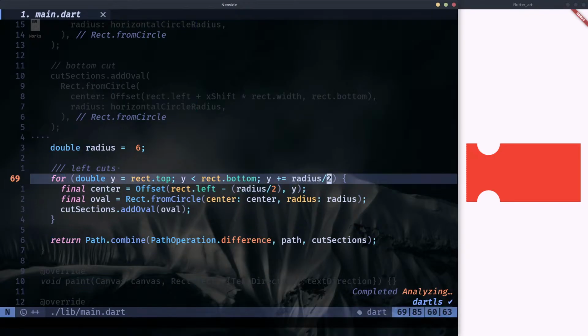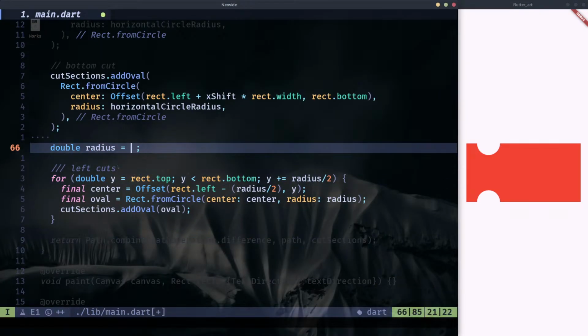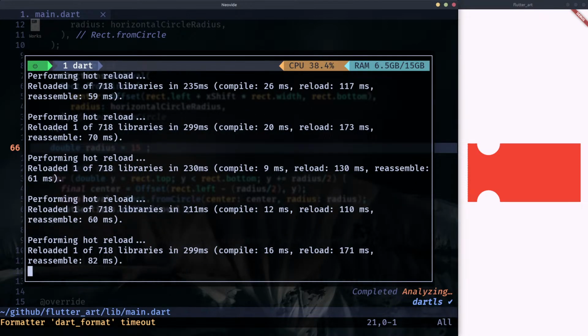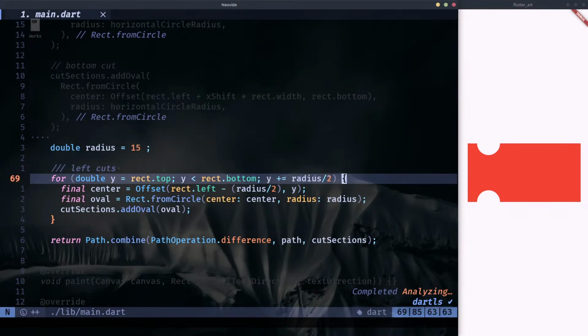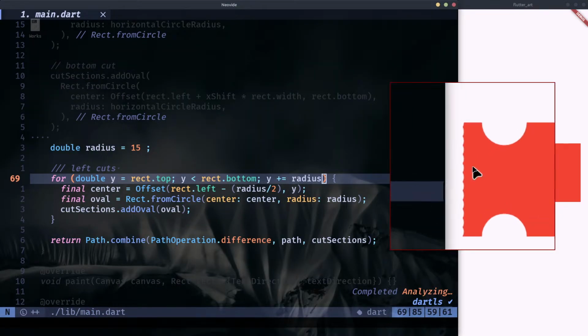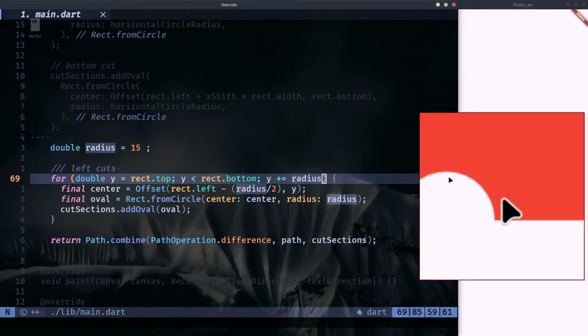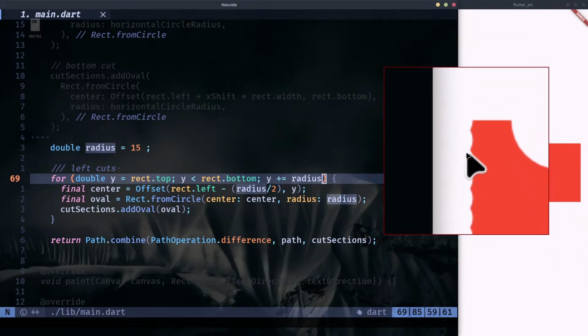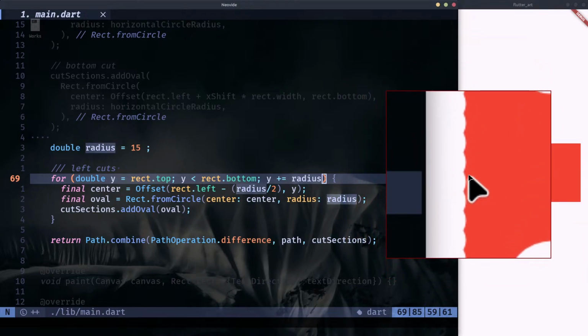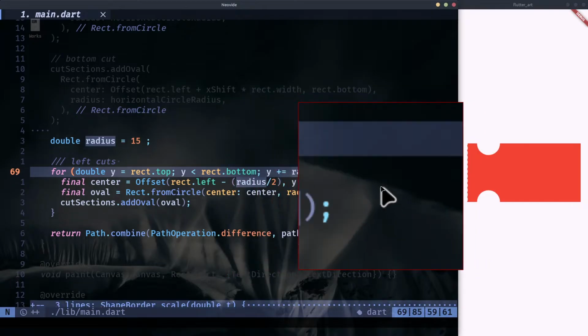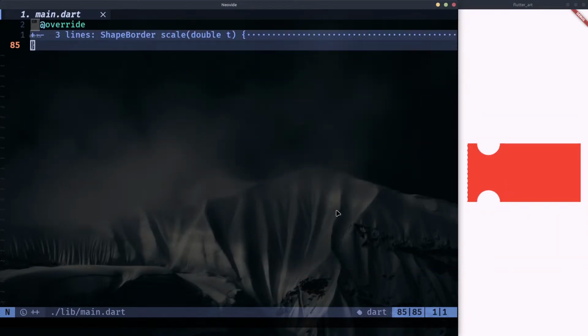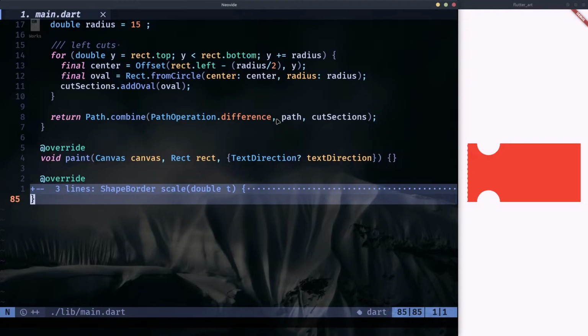I'm making quite a wrong decision here. Let's just have it like 15 and let's remove it. And now we'll have something like this. Wait, this is good. Oh, okay. Now